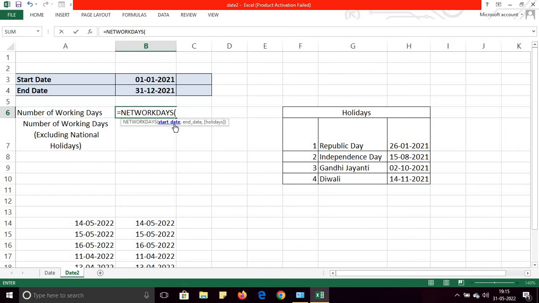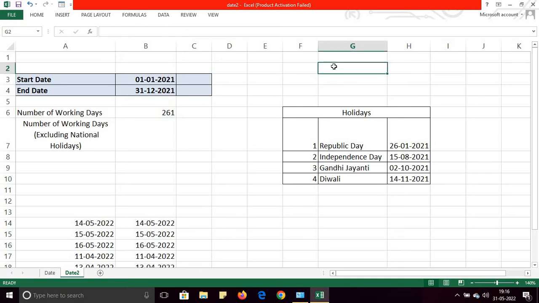Here it is asking for start date, and starting date I am getting from here, and next argument is end date I am getting from here, and holidays is optional because it is in the square brackets. I will explain later. For the time being I am using this formula, NETWORKDAYS, start date and end date, and if I press enter it will show you 261